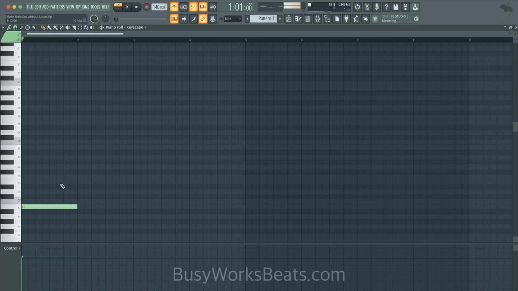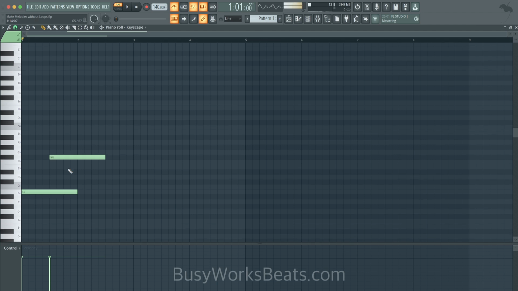This is called the perfect fifth. So 1, 2, 3, 4, 5, 6, 7. This always creates the perfect fifth. So if you struggle with melody, use this note, okay? And then you could also pull it down an octave.